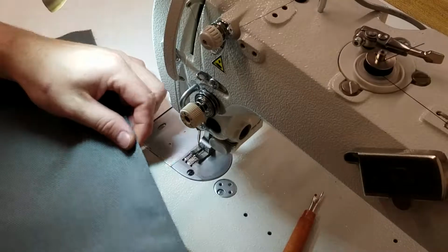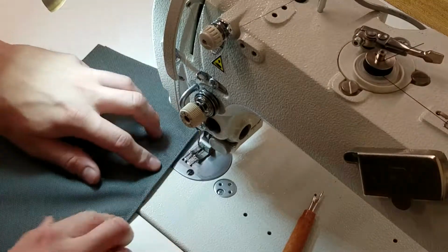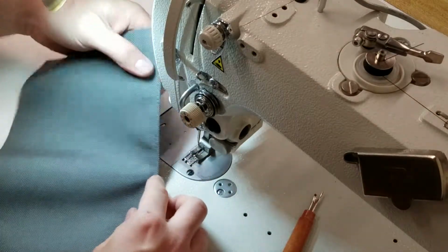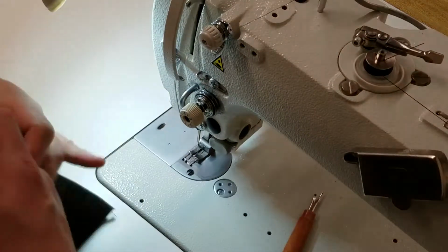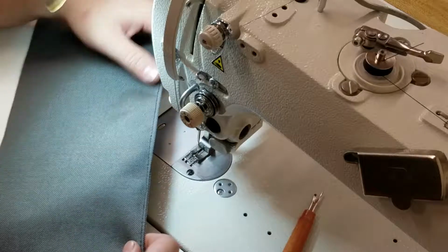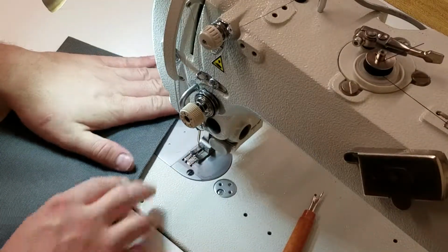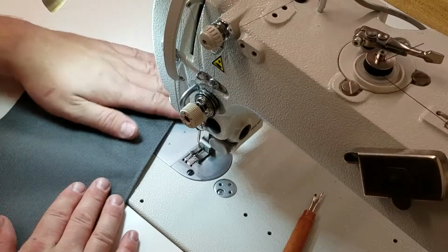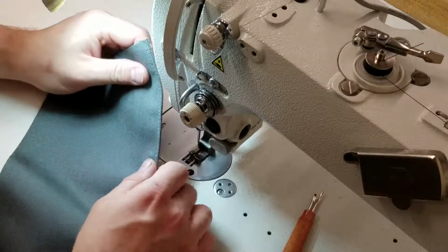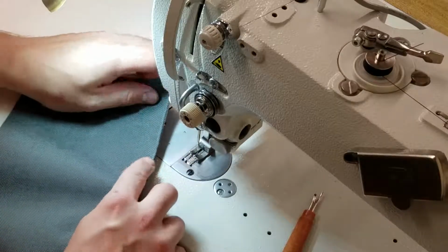So your result is a nice flat pulled out seam, and using an edge guide foot helps you just to get a nice straight line of stitching. Here's the bobbin side right down the side, so you can see it takes practice, so the more you do it the better you get at it. And if you use a lighter weight liner material like a 400 denier 420 pack cloth, it's much easier. 2 layers of 1000D is a little tricky, but